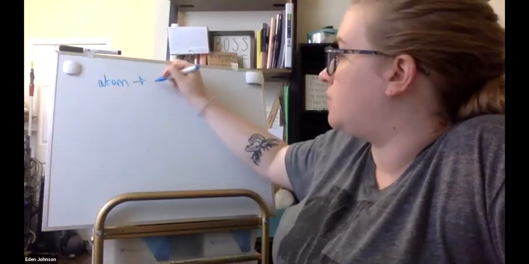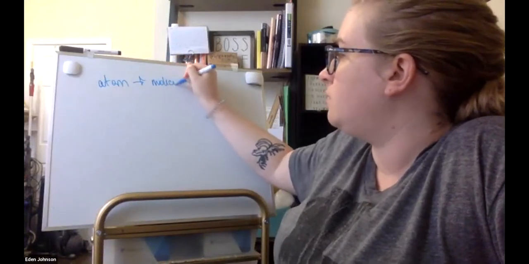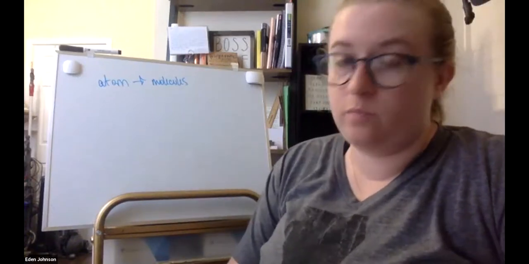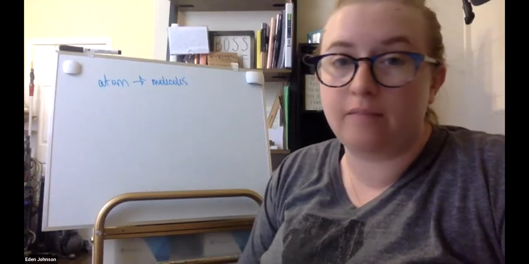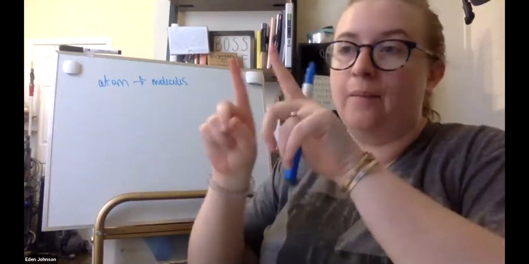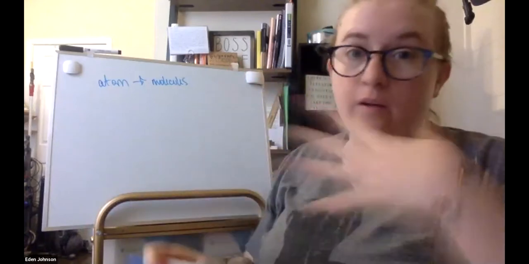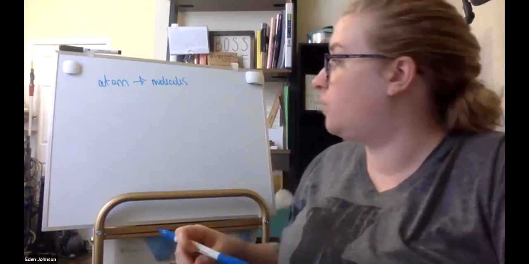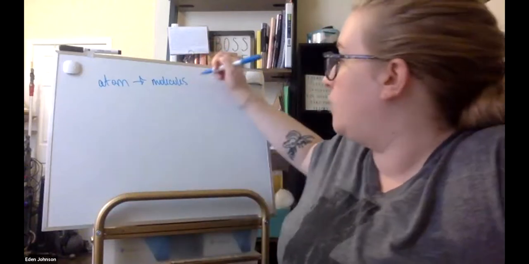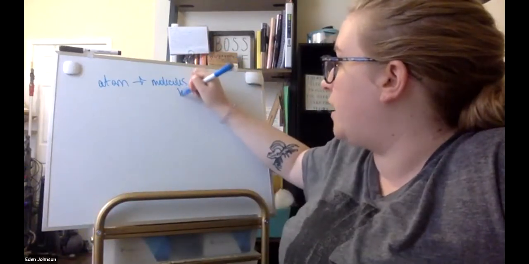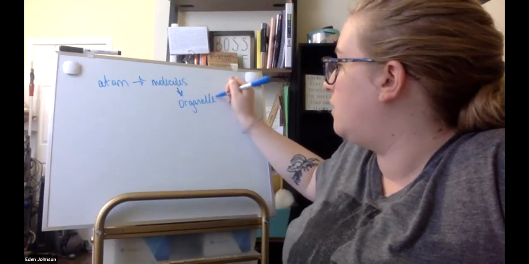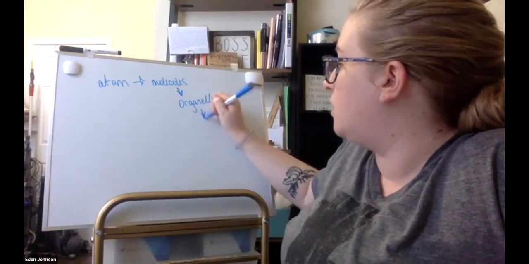Groups of atoms, these are going to be called molecules. Think of molecules, okay? You have water molecules, you've got carbon dioxide, you've got oxygen gas, which is O2, okay? Two oxygen atoms that are bound together, that is the form that we breathe oxygen into. All sorts of things. Table salt, okay, is a molecule. Then groups of molecules are going to make up organelles. Organelles are going to make up